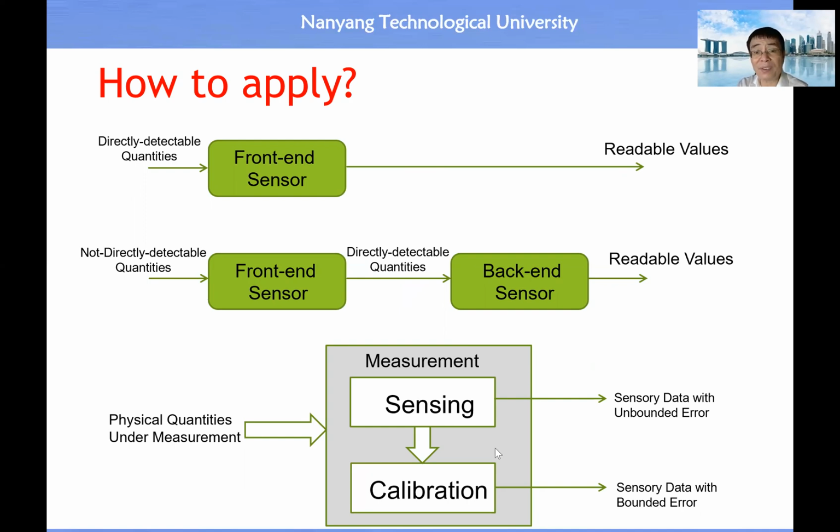Once you have a computer-readable value, always remember we need to do the calibration of a sensor. Calibration is to make sure the output from the sensor is exactly equal to the value of the input physical quantity. Another piece of background knowledge is to try to design your sensor as a static system. For those of you with knowledge about control theory, we do not want the sensor to have a transient response. We want the sensor to behave like a static system, and in particular, we want the transfer function of the sensor to be equal to 1. That means the output from the sensor is exactly equal to the input to the sensor. This is a guideline for you to apply the learned knowledge to design your own sensor